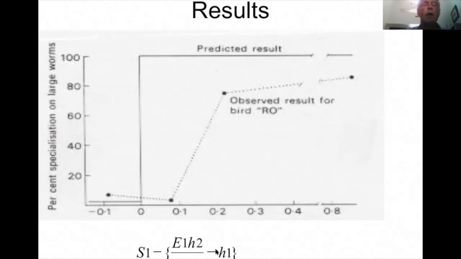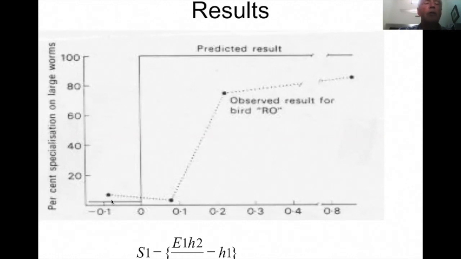This is the inequality. And here are the ranges in the inequality on the x-axis. And here are the behaviors of the bird on the y-axis. And these behaviors simply range from always specializing, 100%, to never specializing, 0%. And so what you can see is that as they change the abundance of the worms, what they got was